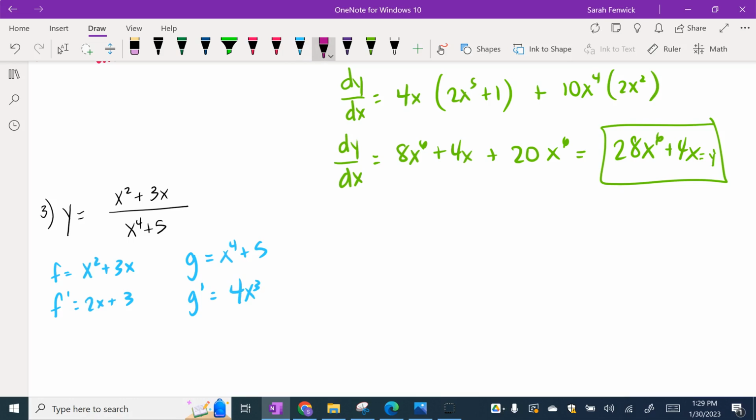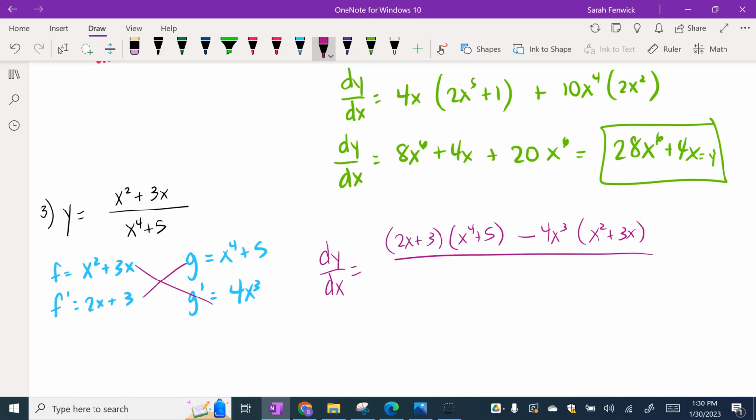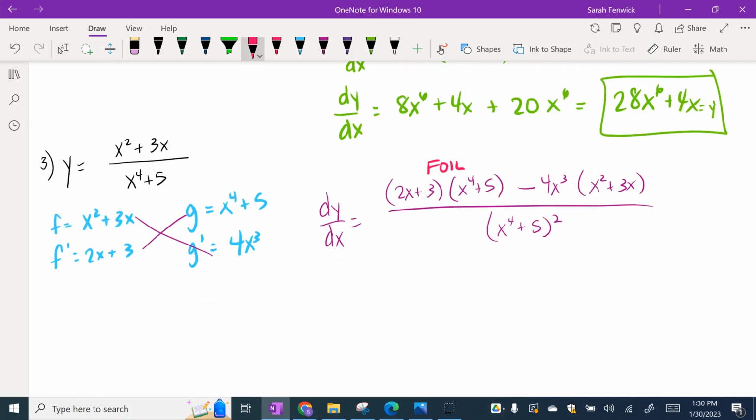So, for the quotient rule, dy dx equals f prime g, 2x plus 3 times x to the fourth plus 5, minus g prime f, 4x to the third, x squared plus 3x, all over the bottom, x to the fourth plus 5 squared. It's very seldom that you actually need to multiply out the bottom, the x fourth plus 5 times x to the fourth plus 5. If you think there's a way you can simplify, that's fine. You do have to FOIL or box here because you have two binomials. So dy dx